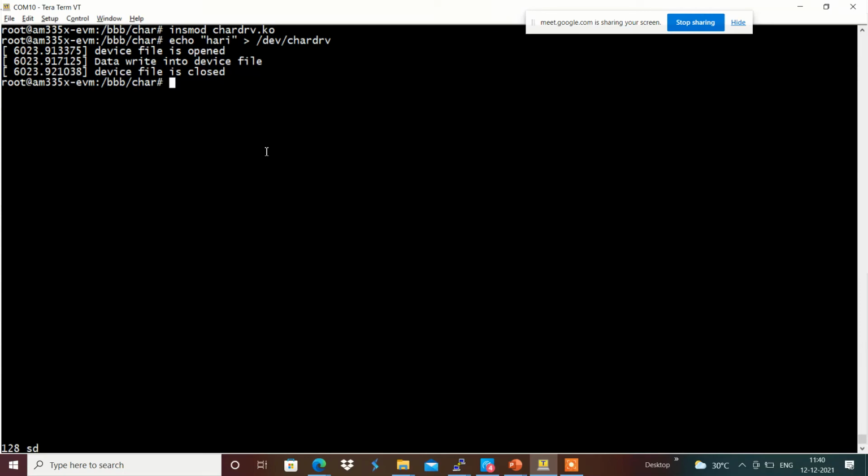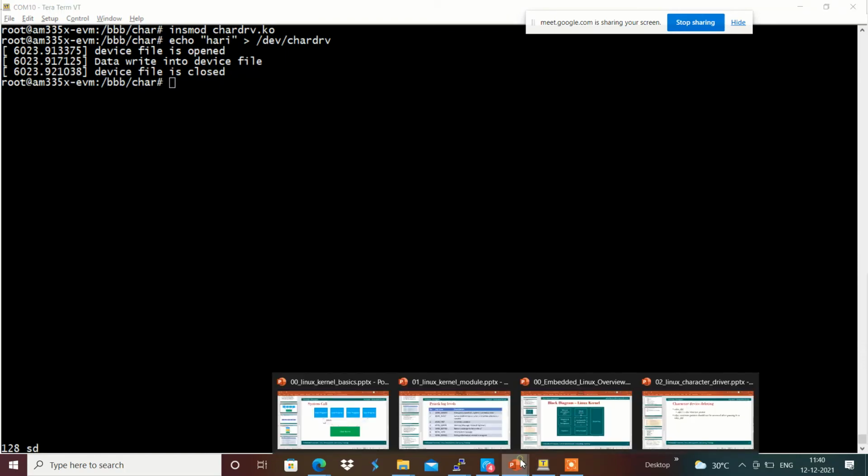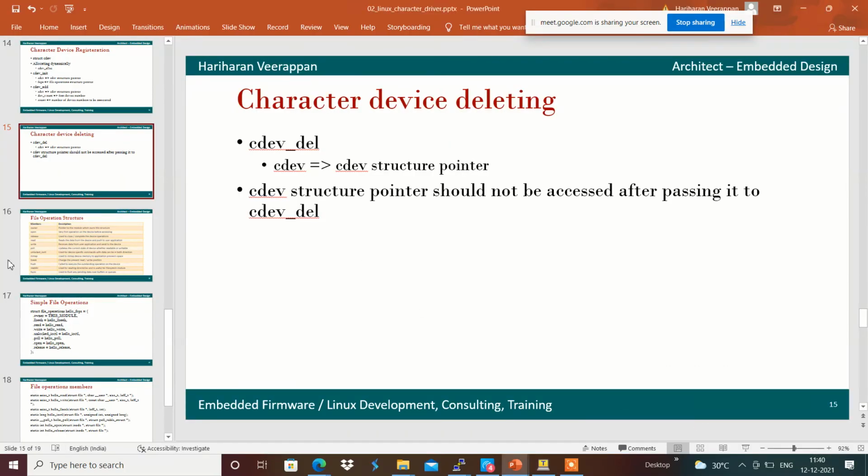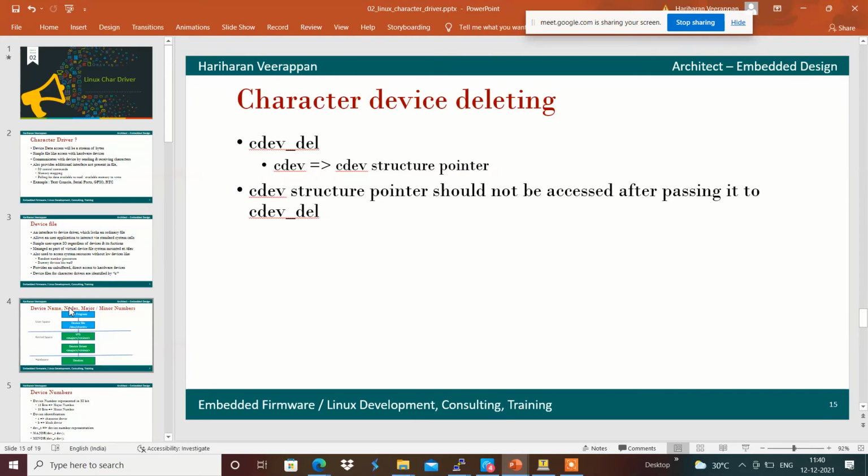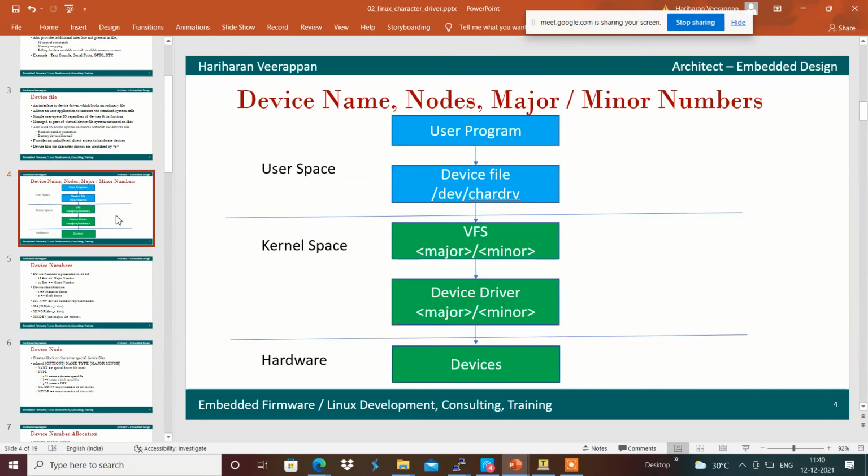For example, this makes a simple skeleton for the character driver. Now we will go back over here. We have the user program, cat or echo. Cat is the user program to read from this device file /dev/character drv.